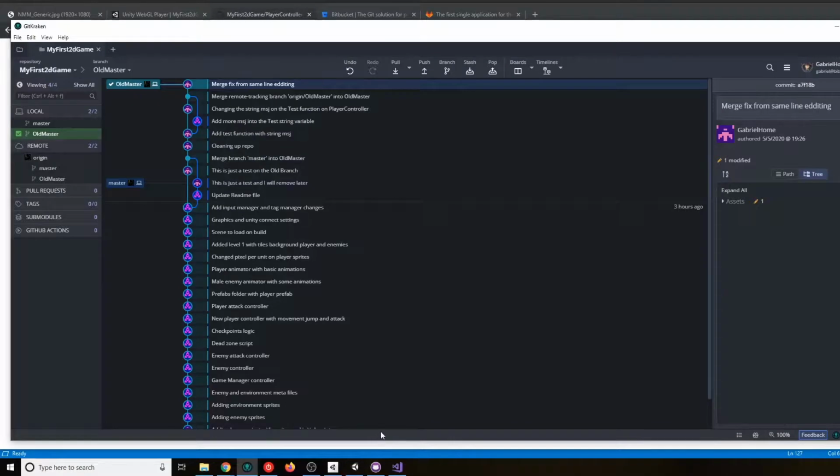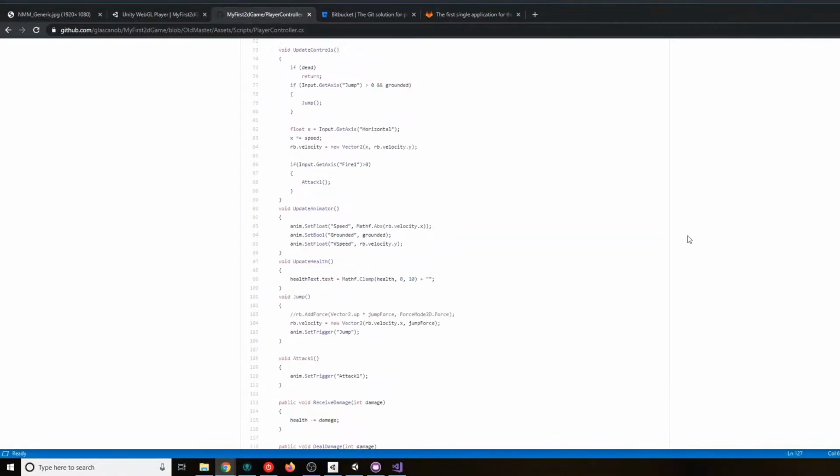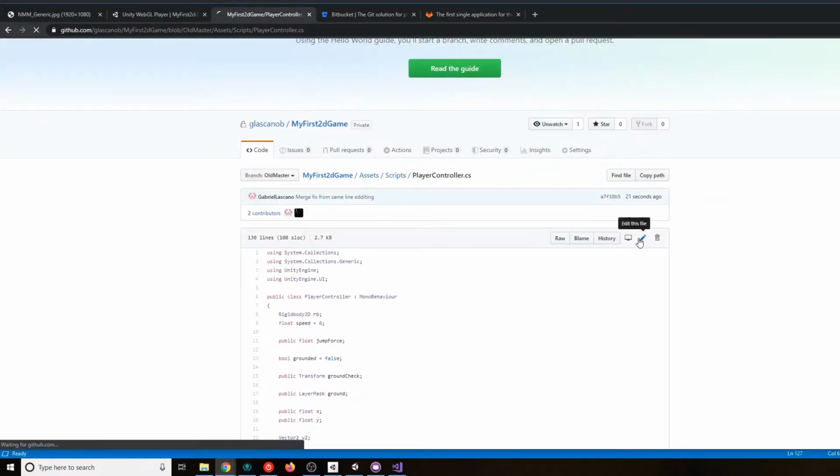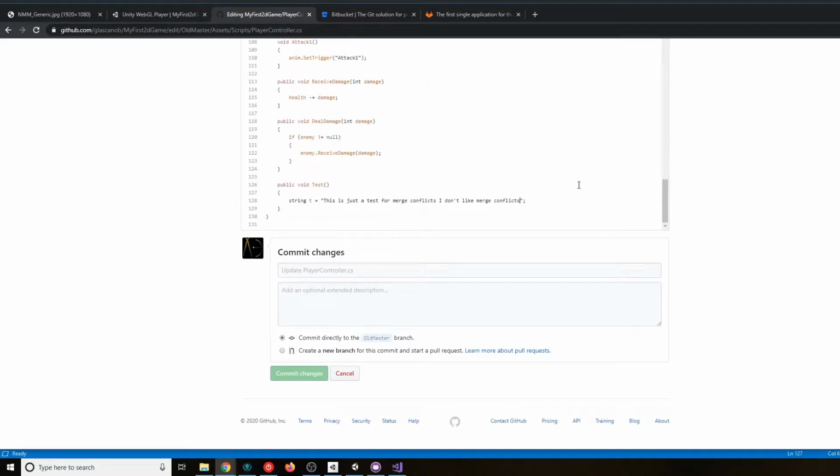So I'm going to show a way on how you should do it properly. And GitKraken has a tool to help you do that before getting to the merge conflict, because the merge conflict is not nice. Try to avoid it as much as you can. So I'm going to go here and edit it again, right? And I'm going to say, but I really like them.